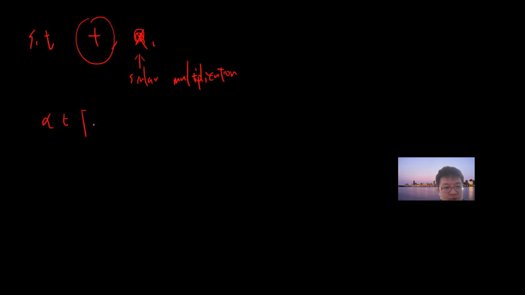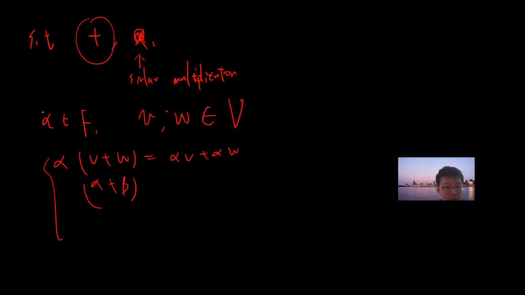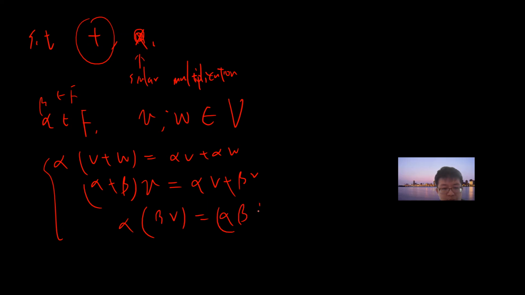if alpha belongs to field F, and V and W belong to V, we have alpha(V plus W) is alpha V plus alpha W. And also (alpha plus beta)V, where beta is also a field element, is alpha V plus beta V. And (alpha beta)V is alpha(beta V). And 1V is V. And by the way, alpha V is in V. Once you have all of these, then you call it a vector space